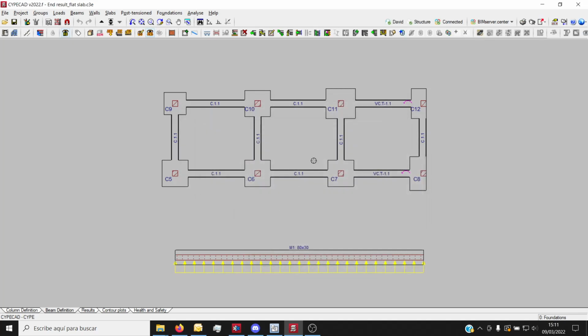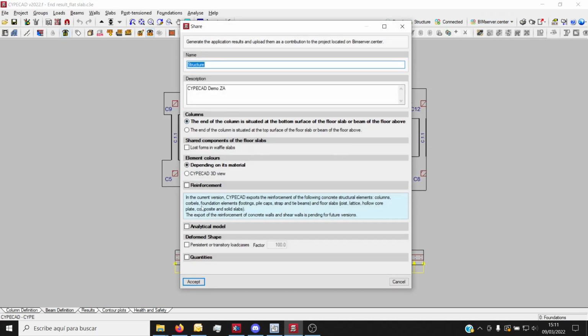And once it's ready, you will be able to export an IFC file containing all of this data. As you can see, we've told the program to export the reinforcements. And if we click accept, we will generate an IFC file containing these reinforcements. I've already done this, so there's no need to click accept, and I'm going to show you how it looks like in BIM Server